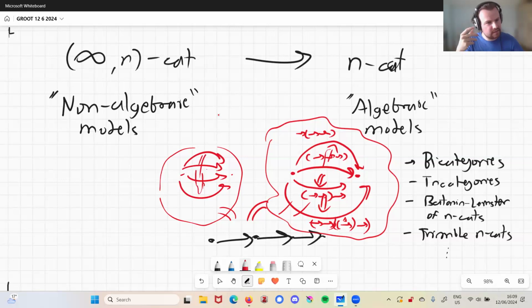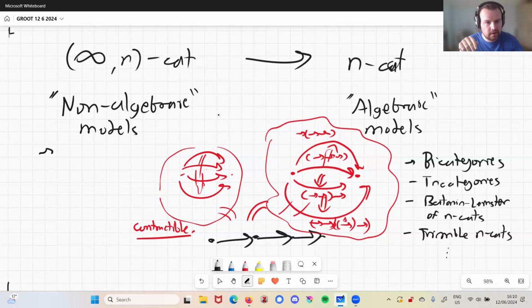In particular, all these different possible composites and the equivalences between them form some kind of space, some kind of homotopy type, a topological space. The different composites are points. The associators and unitors are paths, and you get surfaces in higher volumes. And all we'll specify is we don't care what all of those are, just that this space is contractible. So we don't know what the composite is. We just know that all possible choices are equivalent to one another. And if you do this, then you get these so-called non-algebraic models, where you sidestep all of this complexity and turn it into homotopy theory, because you see this as a space now.